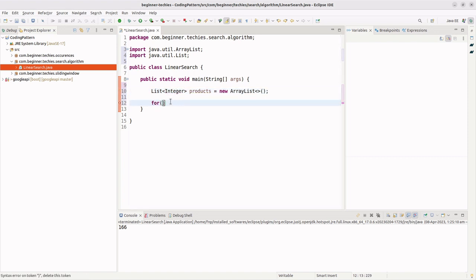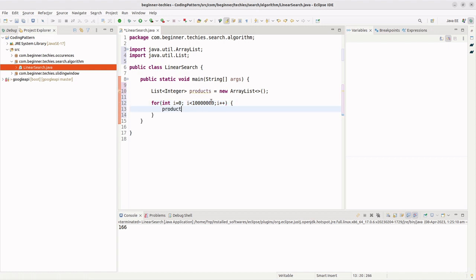For loop, int i is equal to 0, i less than 10 to the power 6. Let me make it 10 million. i plus plus,